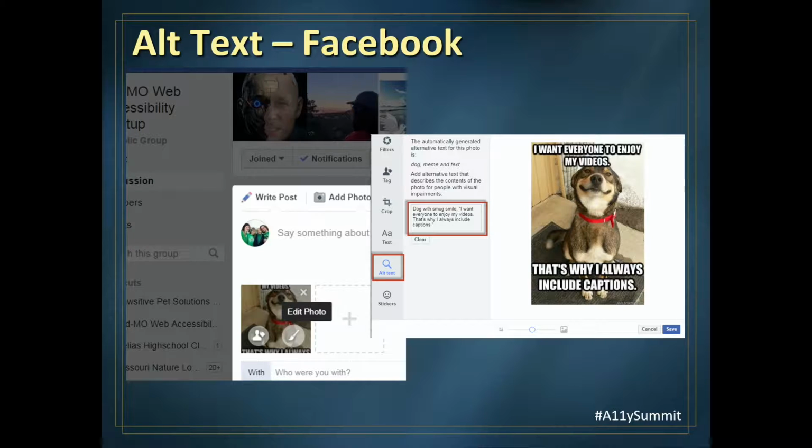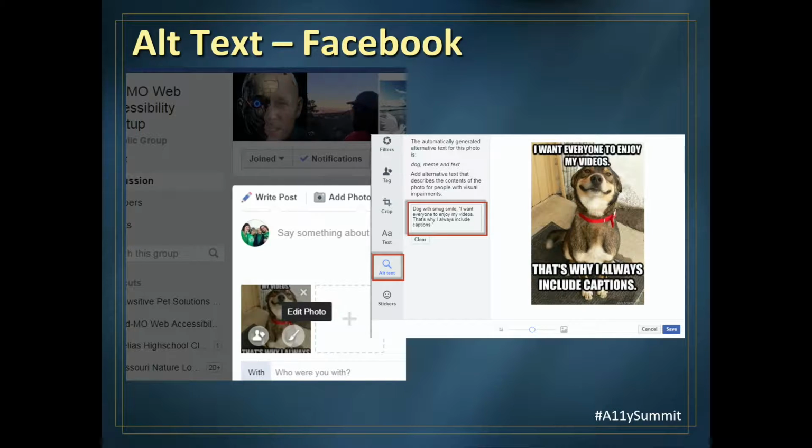Okay, I'm going to run through the social media alt text. If you were listening in on the keynote over lunch, they actually talked a lot about what I'm going to show you. It is really nice over the last few years that social media has been responding, and I think it's coming from the users saying, hey, you need to update these tools to provide the ability to add alternative text.